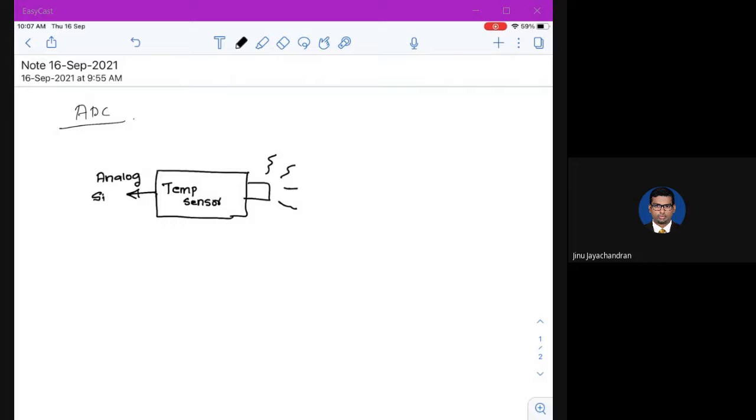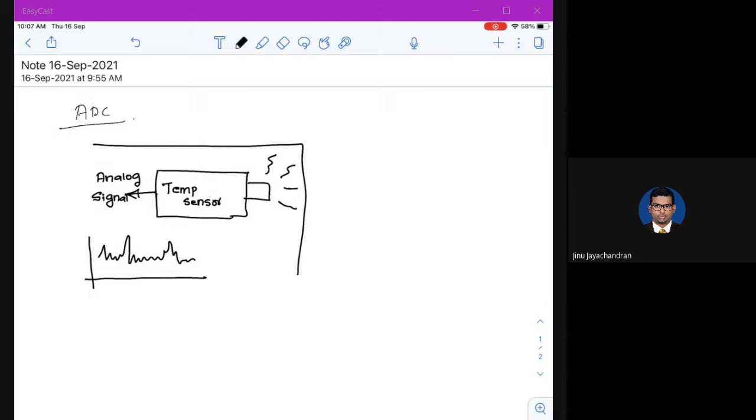Now, if you look at the signal, you will see the variations, very small, subtle variations like this. If you look at this signal and try to guess the temperature at any point, or the average temperature, or predict the temperature at a future time, it is not possible. So you need to do some kind of processing of this analog signal. The processing cannot be done manually; it is very difficult. So you need to interface this whole setup to some kind of a digital system.